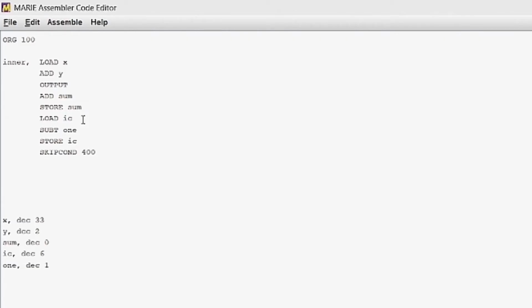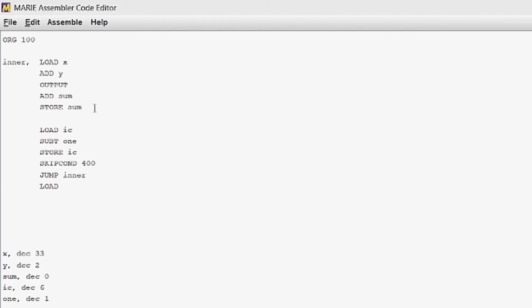If it's not 0, we are going to jump back into the loop, and if it's 0, we're going to load x, add y, output it, add sum, store sum, load IC, substitute 1, store IC. Right here we should probably, after we've stored sum,